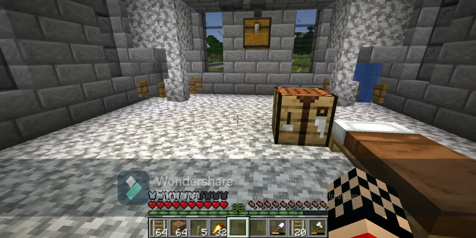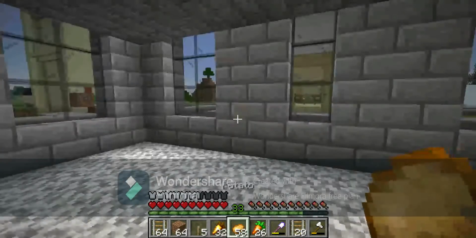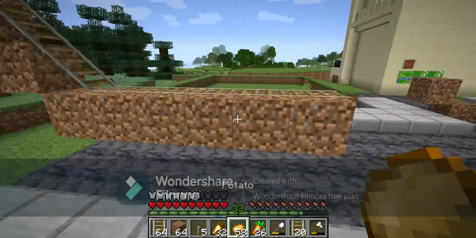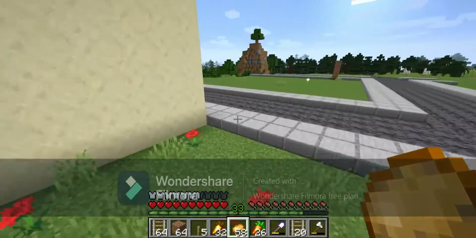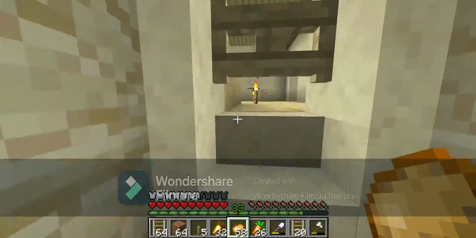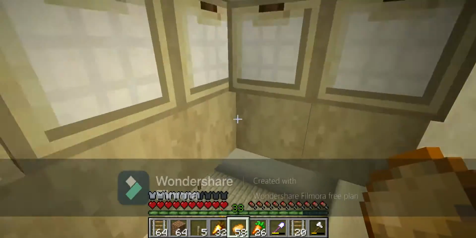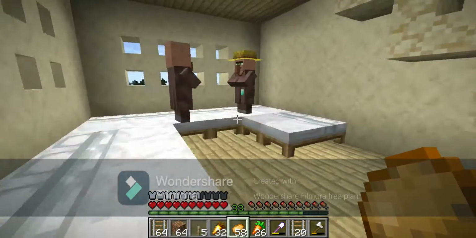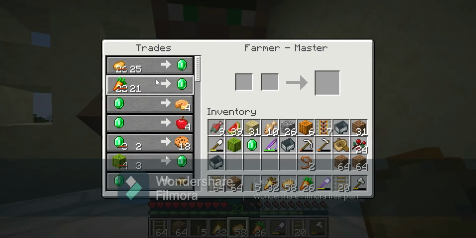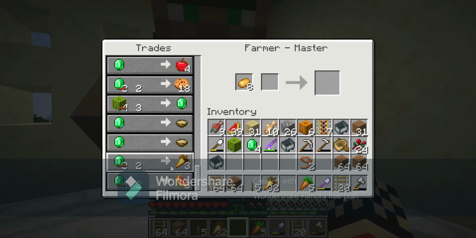Another thing was that I leveled up my farmer villager enough so that he will now sell me golden carrots. And I don't know what I did, but he sells stuff for less, even though I only bought carrots from him for a while. Carrots are one less for an emerald or whatever. Let me see where he's normally down here. Here he is. But see, I haven't gotten Hero of the Village or anything, but he has less,